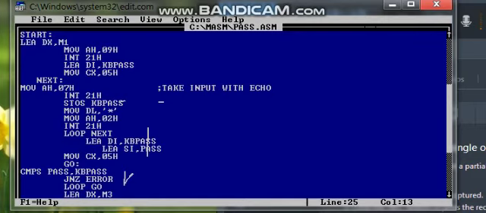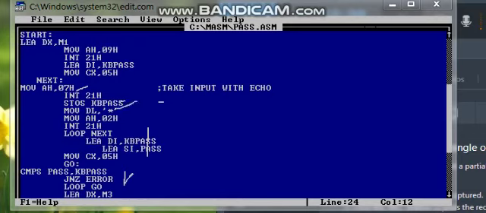Here we have used the 07h function. This function will take the input from the keyboard, but it does not display it. As we know, a password is not displayed on the screen, so that is why we have taken the 07h function. It will store the input into the kbpass variable, and instead it will display an asterisk sign. It will take 5 characters, as we have taken the counter as 5.